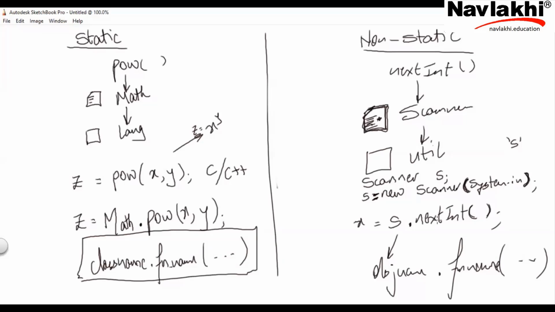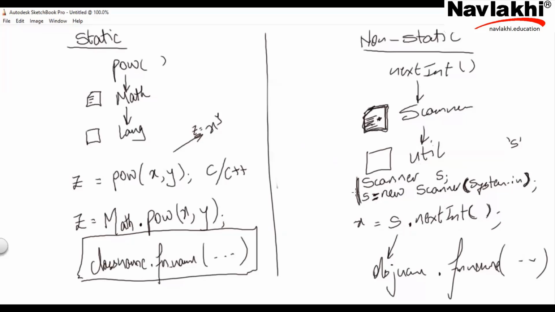The class name and function name have to be the same when you talk of a constructor. So after new, whatever you have has to match the type of S. So this function makes S's type scanner. Like when you say int X, you say X's type is int. That's what we say normally. Same way, scanner S, S's type is scanner. But scanner S does not create S. New creates S. Until new is done, it didn't create it.